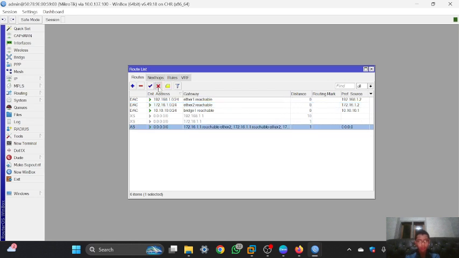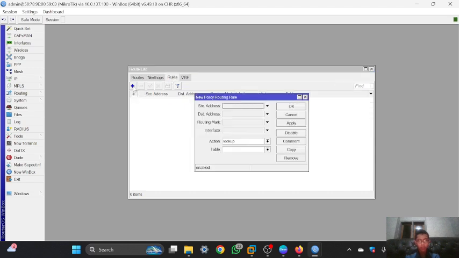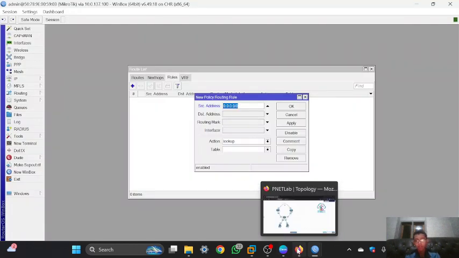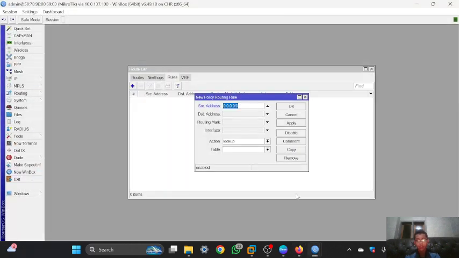and in here you can go to the rules, and then click add. For the source address, don't forget that for the routing mark, the IP of VPC must be a static IP, so the IP will not be unstable.